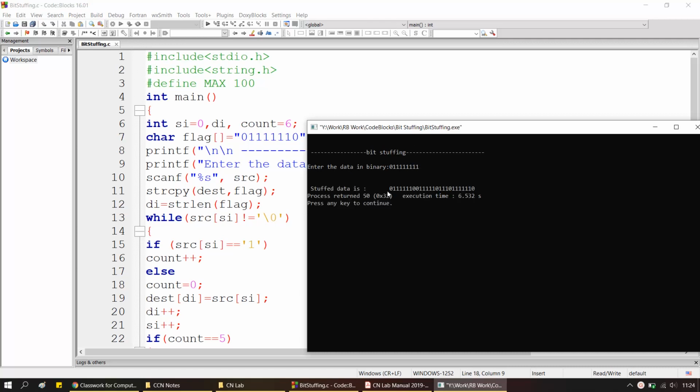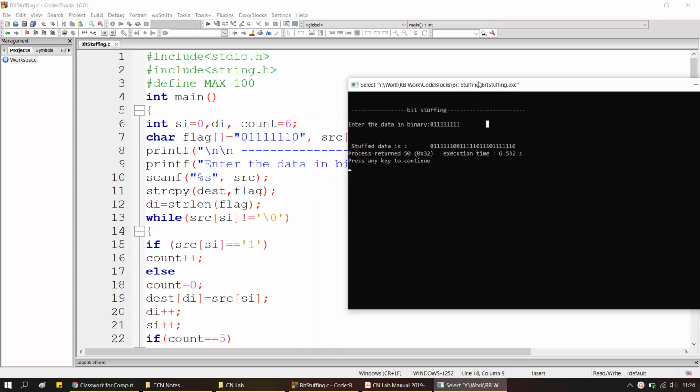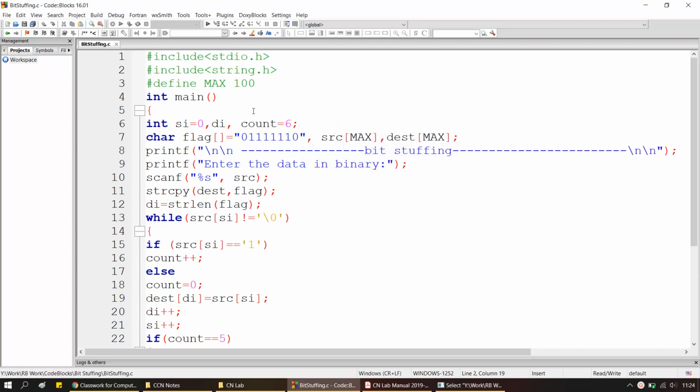So we have already seen this is the part of the flag and this is the part of the flag. This is the data, and the data is incremented by one character, that is 0, which is inserted into the source just because there is a minimum of 5 ones after 0. The whole intention is to make the source not look like the flag. That is the only intention. So the program goes, I'll keep a reference with the output so that it is clear. So this is the flag, this is the count, and source index and destination index.